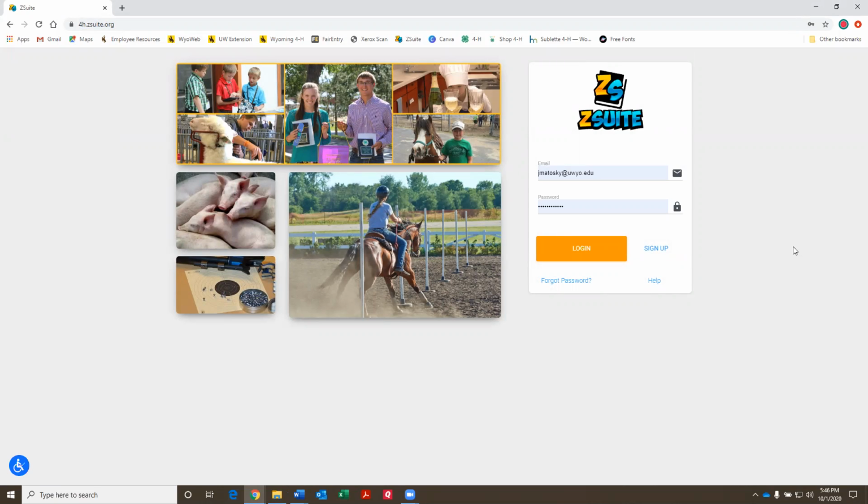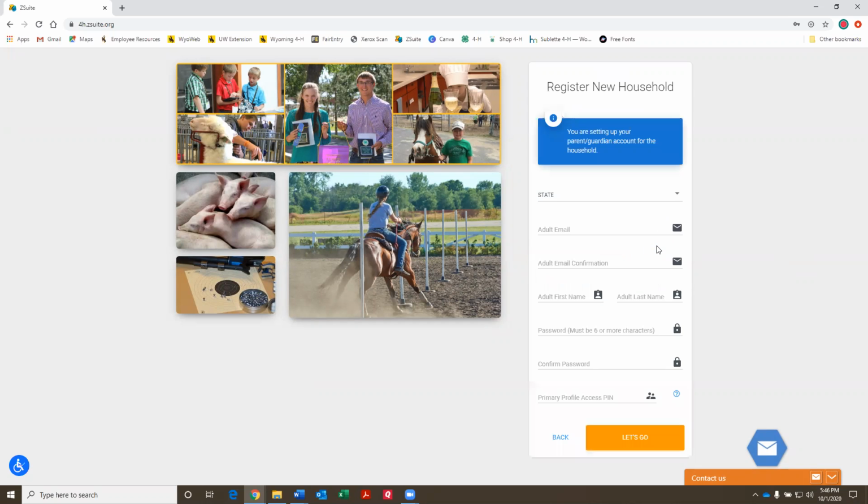And if you are a new family signing up, you've never signed into ZSuite before, you may have been a 4-H family before, but if you have not made a ZSuite profile, then you'll have to do this process. So I'll go through the new family profile first. So the first thing you'll do is click sign up